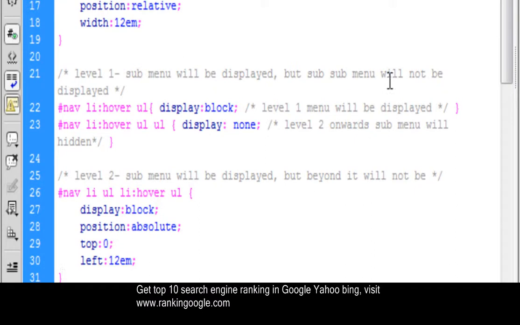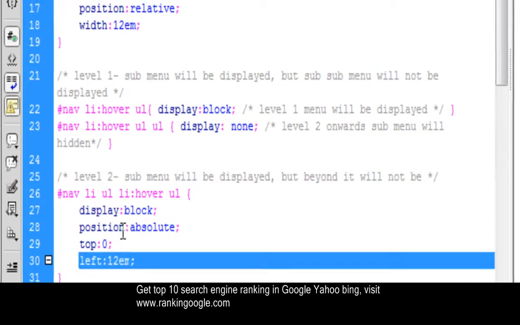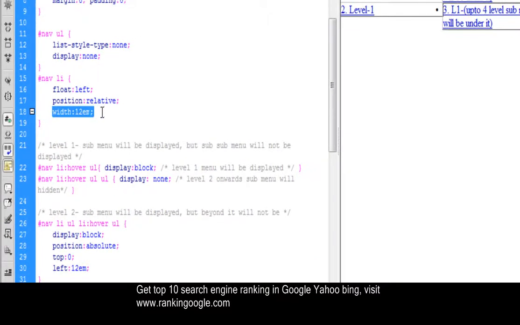The submenus will be shown with display block, and the position will be absolute. Absolute with respect to what? With respect to the parent li item. Top will be 0, and left will be 12 vw. What is 12 vw? This is the width of the li item.